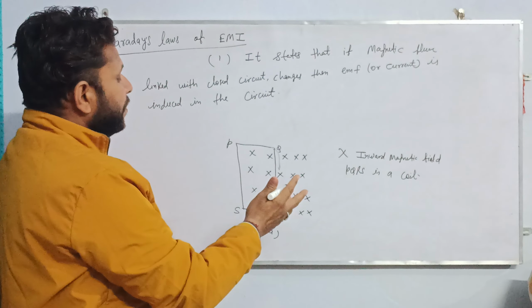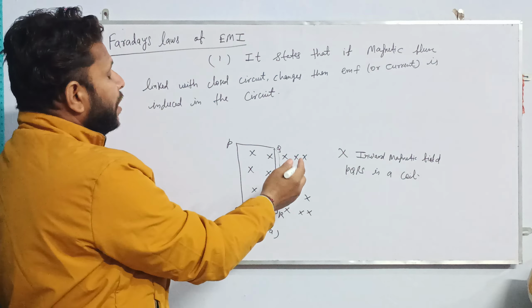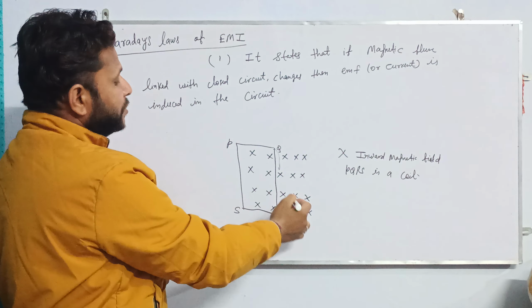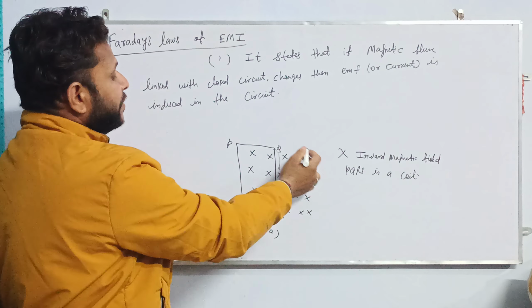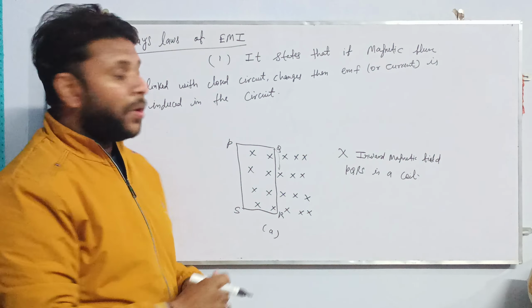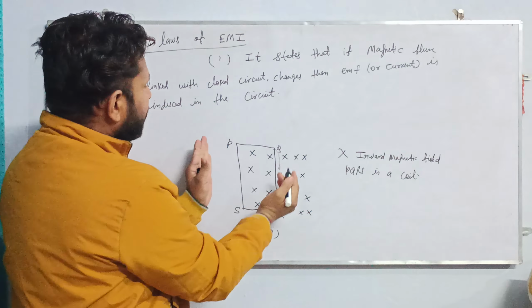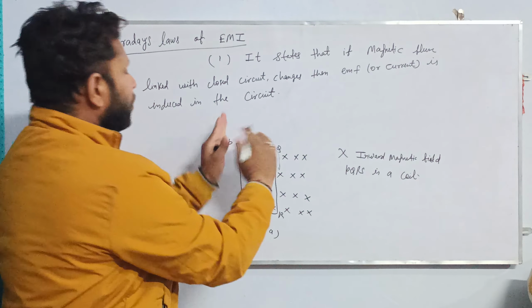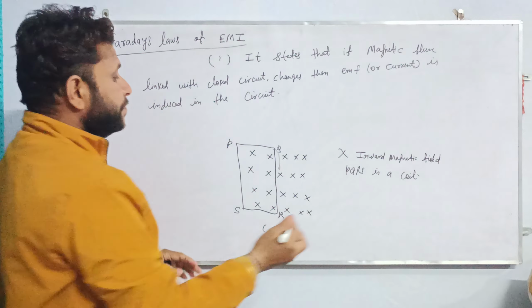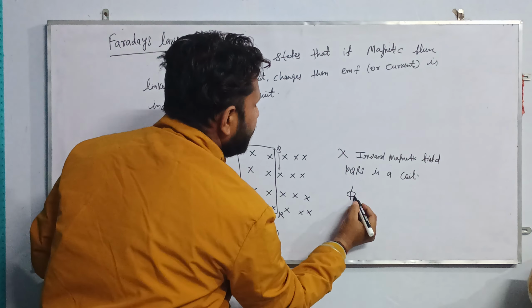Or if by any arrangement we can decrease or increase the number of magnetic field lines, in this way also the magnetic flux changes. Or if we rotate the PQRS coil toward this side or this side, the angle theta changes. Phi B equals